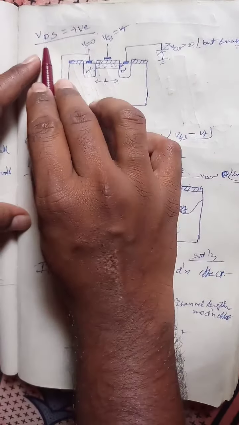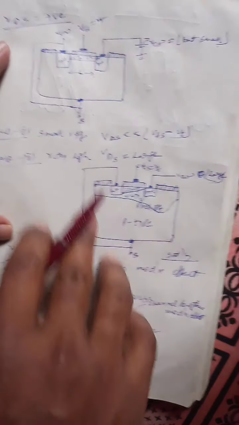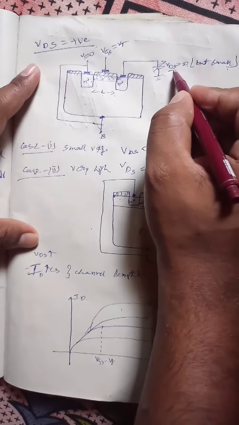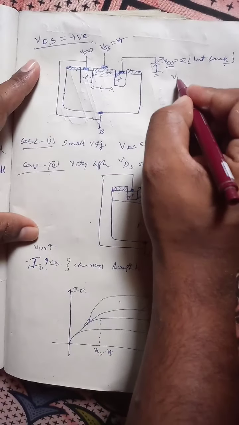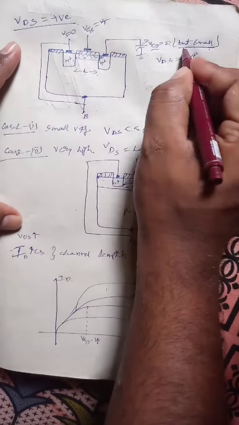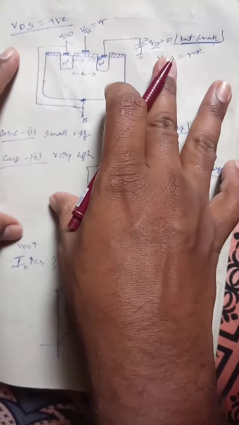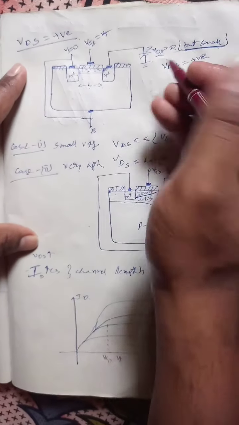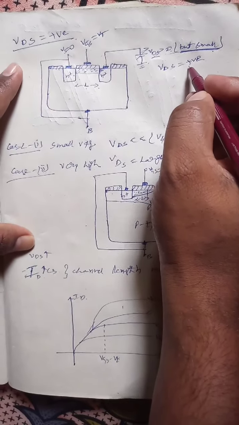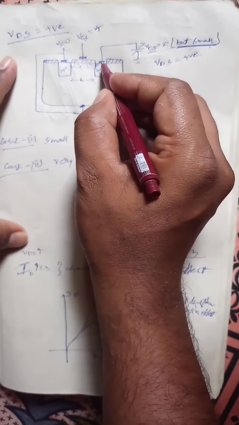The length and width ratio we are going to take in this explanation also. After giving drain voltage to this circuit, what happens to the circuit, let us see. When we are giving drain voltage positive, VDS is equal to positive. Initially we will be giving only a small value. We are not going to give a large value at a time because our circuit is going to be damaged. So initially we are going to give a small positive value to this drain terminal.